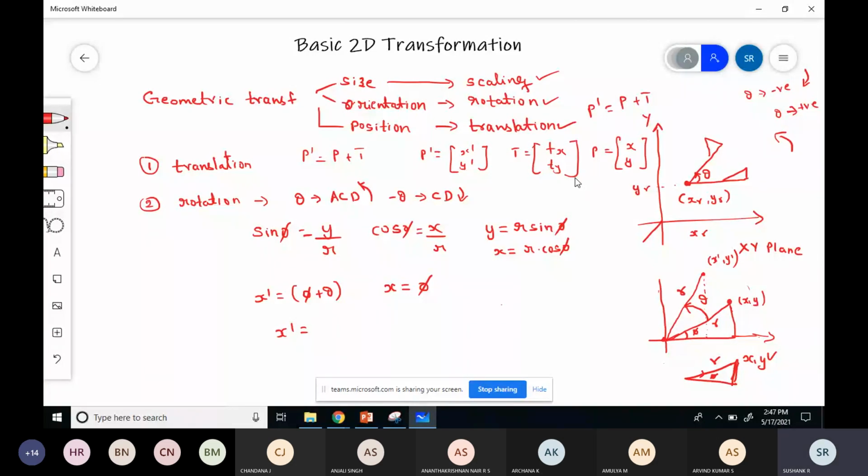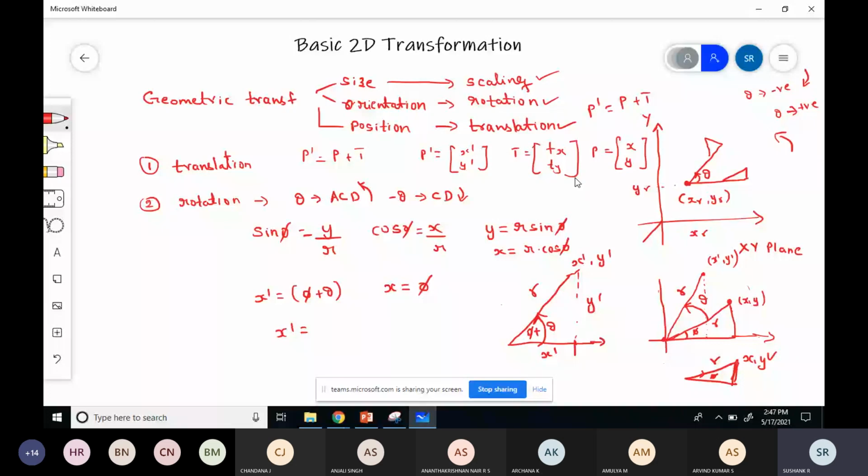How to calculate this? It means the same equation. Now I'm calculating from the base of x, for x dash, y dash. So now I have to consider the entire angle. This is r. This is y dash. This is x dash. So at this point the angle is phi plus theta. This angle will be the complete phi plus theta.